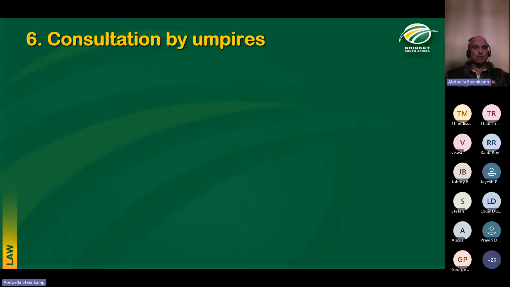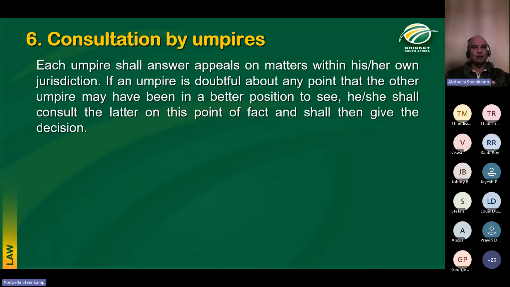Does the law allow umpires to consult? Yes, the law allows umpires to consult, because sometimes if an umpire is doubtful about any point that the other umpire may have been in a better position to see, the law allows for that umpire to call and signal dead ball. We covered it last week: if an umpire wants to consult, you need to call and signal dead ball before going over to consult. You can then go over to consult and then make your decision. But importantly, the law allows for